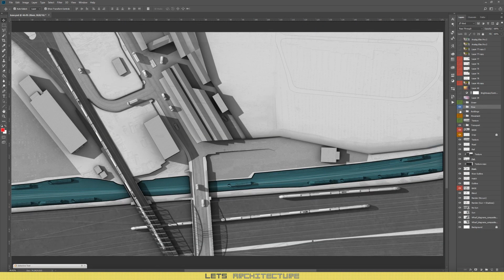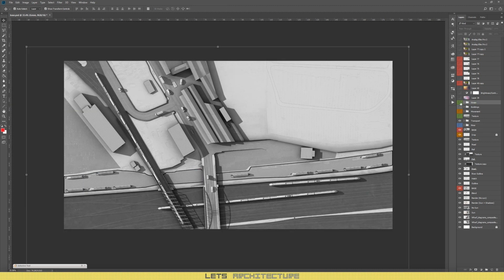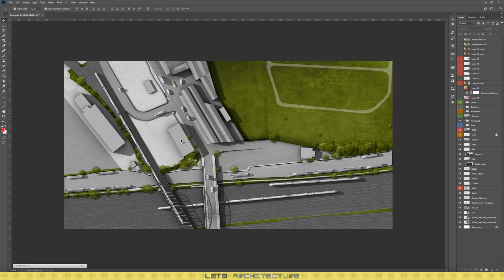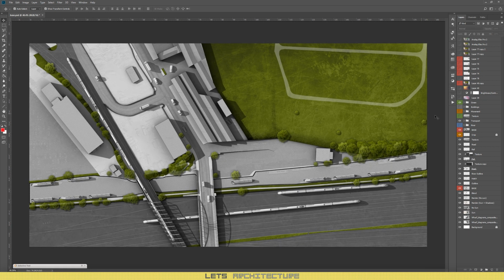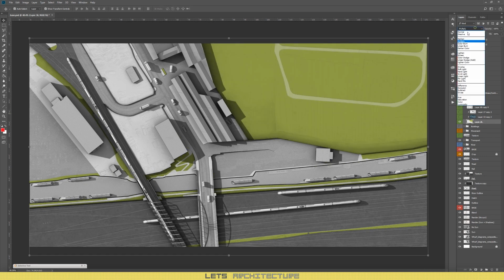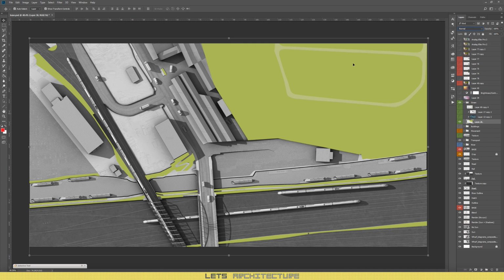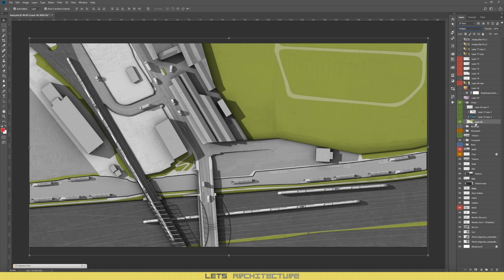Actually, one great thing about having transport on a different layer is that I can take this group and put it underneath the transport, so my boats won't become blue. The last layer was the greenery, and it's the most effective in my opinion on this particular site. So if I go in again, fill in all the green areas with green color, putting it on multiply, then